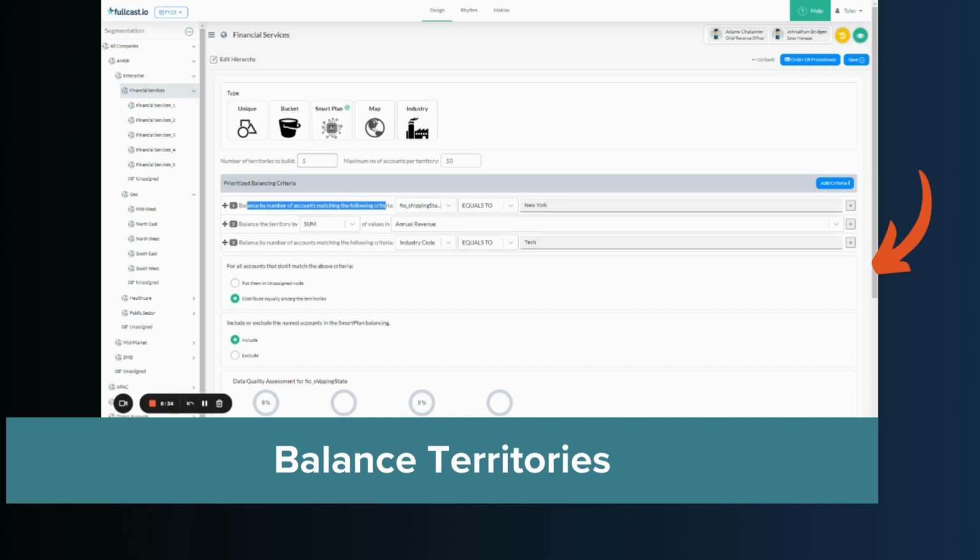So in this case, if there was like 10 New York accounts, we'd put 2 in each of the territories. Then the next step is to balance the annual revenue, the sum of the annual revenue across the 5 territories. So if there was 10 billion in revenue, our goal would be to get each of the financial services territories to 2 billion in revenue each, which would add up to the 10